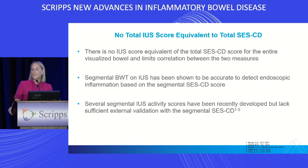If you did an ultrasound before sending a patient to be eligible for a clinical trial, where the number one reason for screen failure is the SES-CD is too low, you put a probe on that abdomen and you see activity, that patient is going to screen positive for a clinical trial. So it's quite amazing that we haven't even thought of other ways we may be able to use ultrasound in those of us who do clinical trials, where the screen failure rate is 87% due to the SES-CD not meeting that criteria. You now have a way where you can say this patient has active inflammation in the TI,